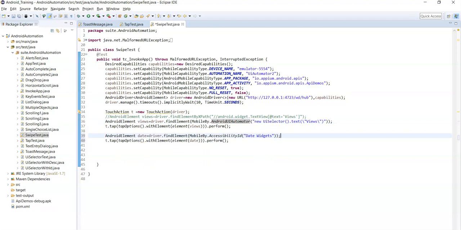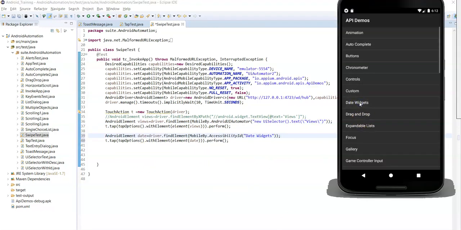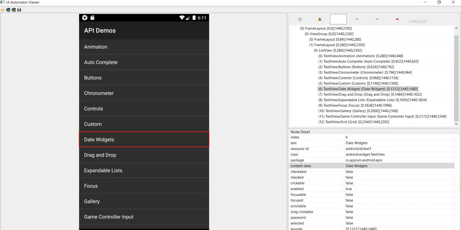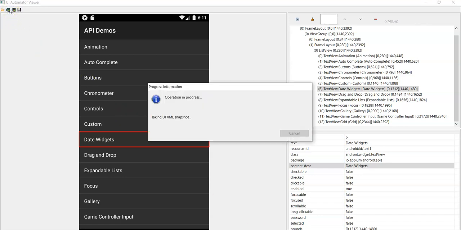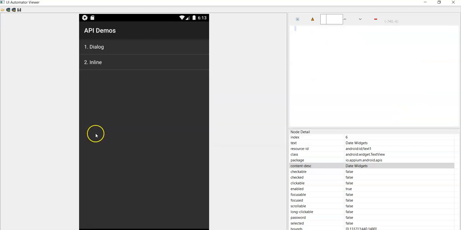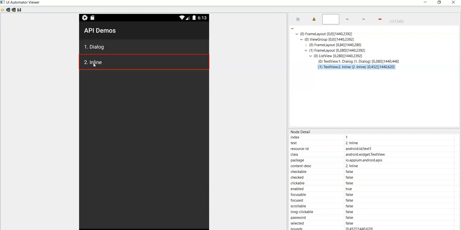Next, after tapping date widgets, again here we need to tap on inline. So for that identify the locator. Click on second option, inline. Here also you can use text attribute value or content text value. So here we can use text attribute value.